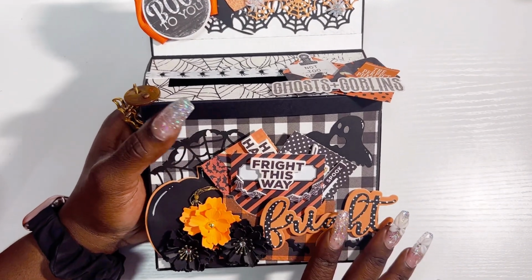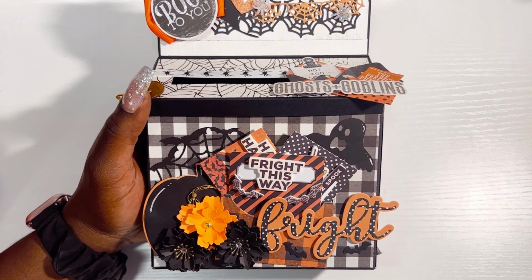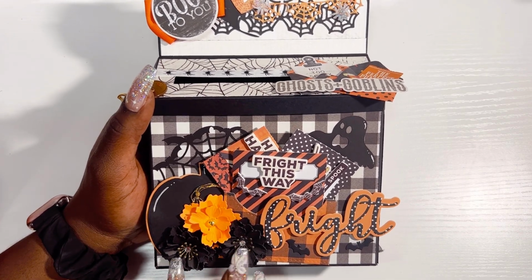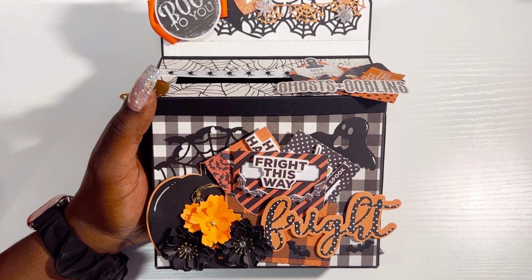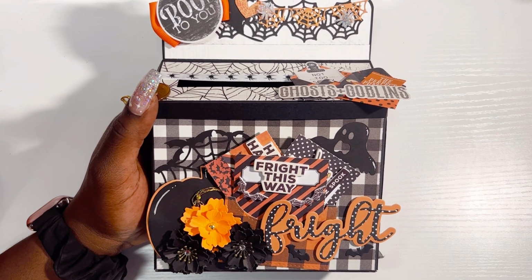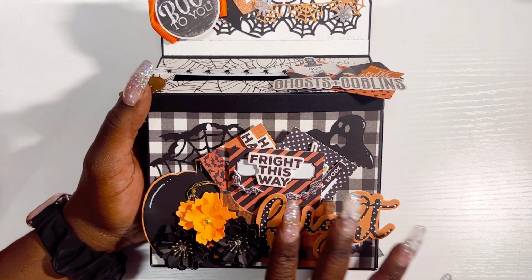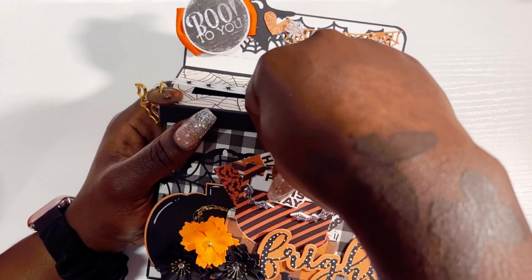So here we have the front. I have some little layered pumpkins, another little die cut, another ghost that's being creepy in the background. Added some Monica flowers. The orange one was gifted to me by Mommy and Me Crafts. Added my famous sequin thread, because I love using that on everything. And then added fright, and then I also added an envelope here, and then these little pieces actually come out